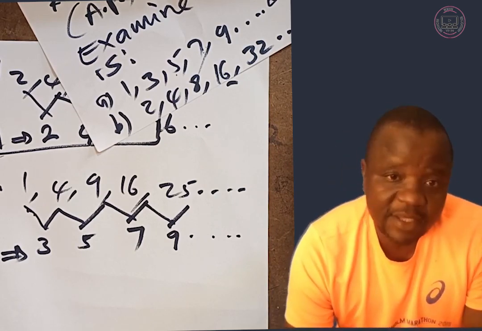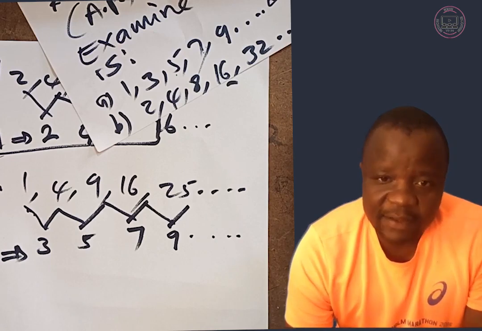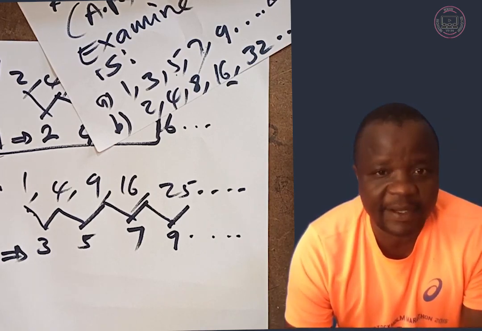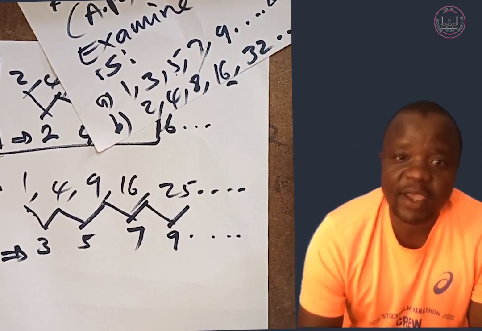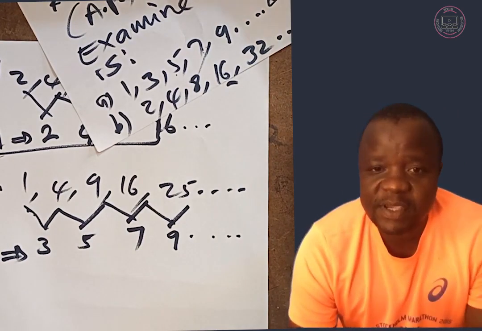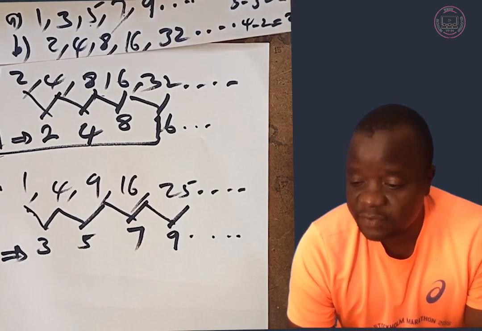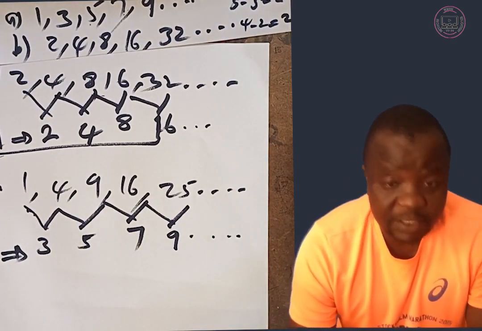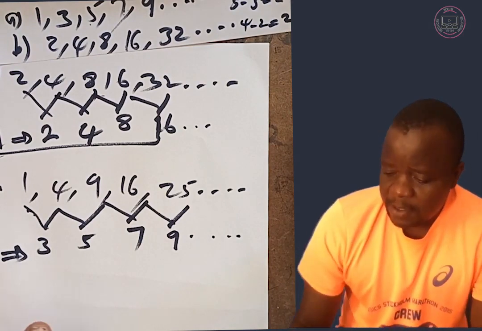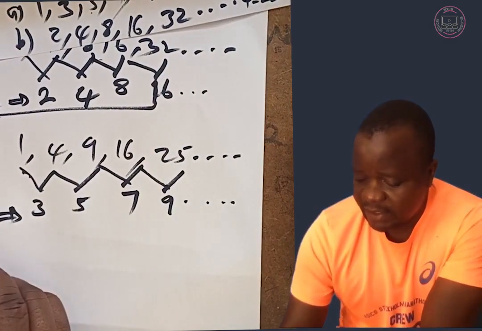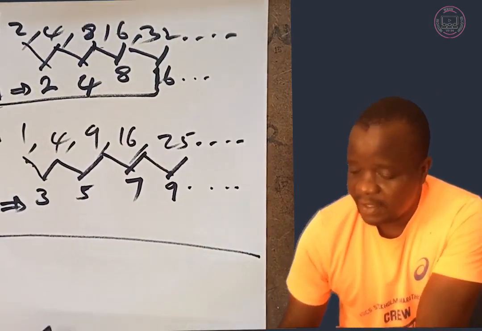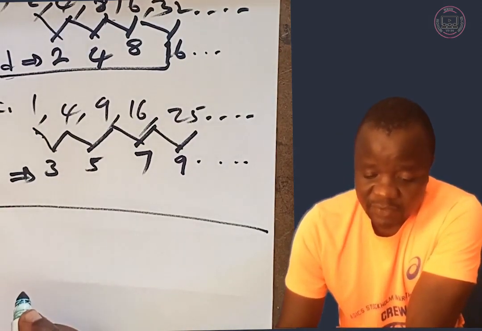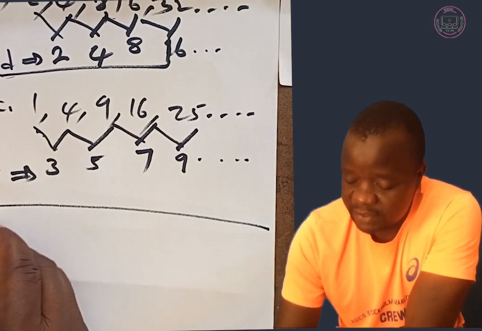So therefore, we are saying for an arithmetic sequence the difference is supposed to be a fixed value and not varying as such. So that's how we identify a sequence being an AP or a sequence being a GP. Now, let us critically look at the AP. When we look at the first sequence,